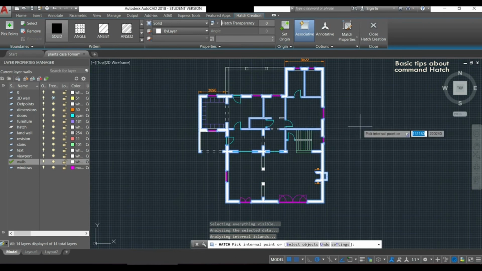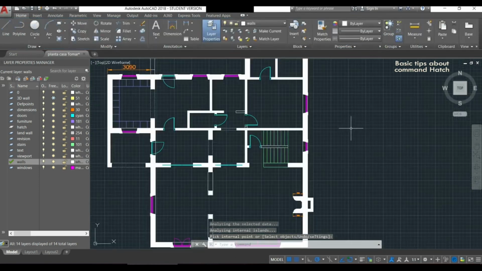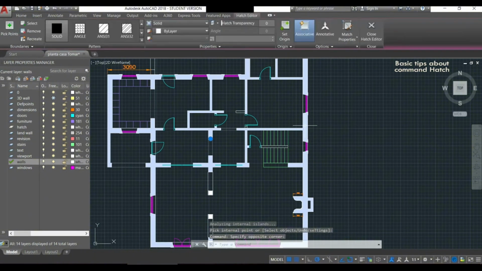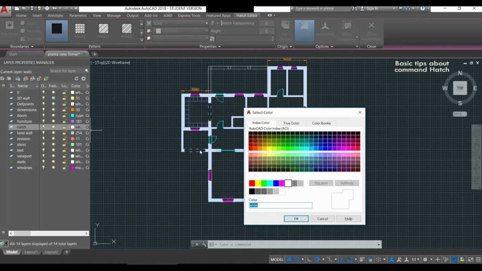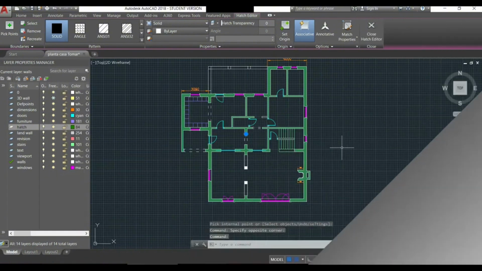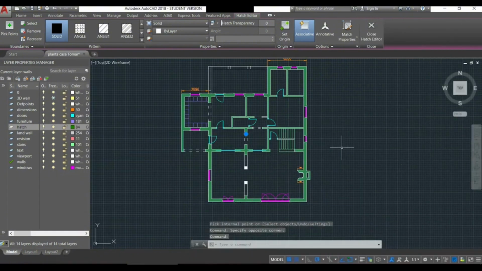Now an important tip: it is important to do this process with the solid pattern, because if I use one of the others, they are a bit heavier and the computer might get slow. Also sometimes for large and more complicated areas, the fill may take a few seconds to appear.